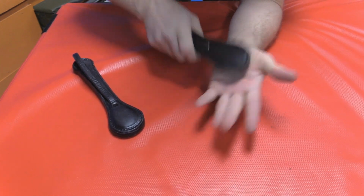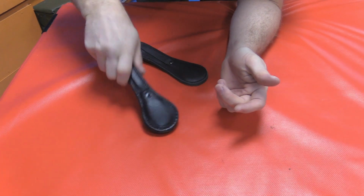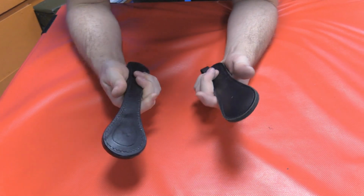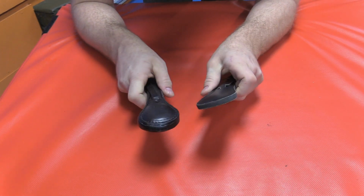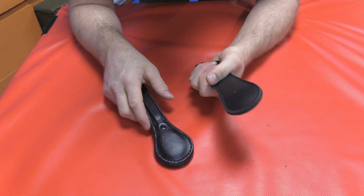This I can take very comfortably. This is starting to hurt already. A big thud. All right, so cosmetically, when you look at them, you may not see that big a difference. They look quite similar. But when I hit myself with one of these, it's hard for me to understand why